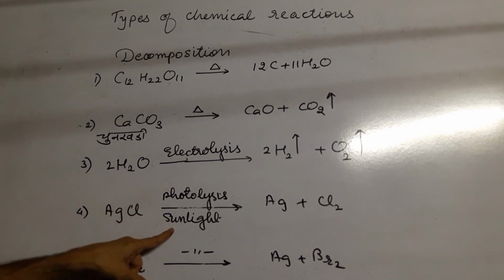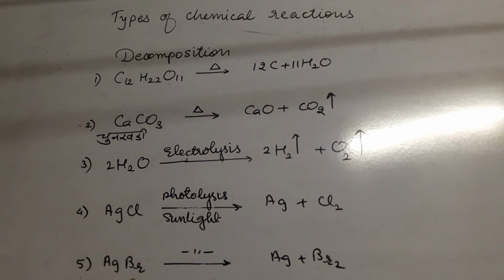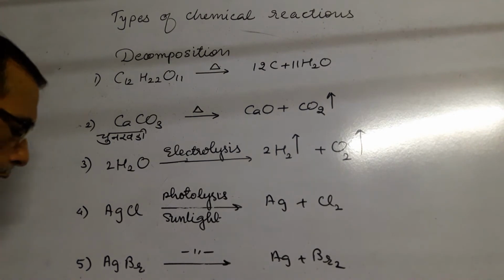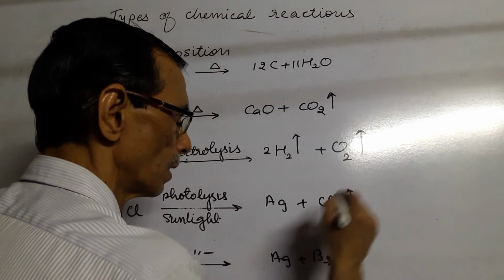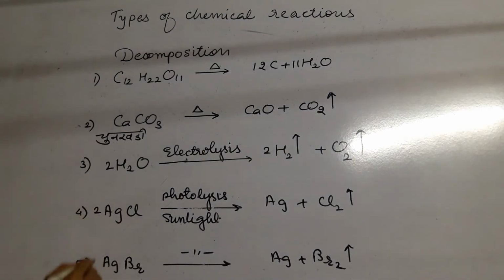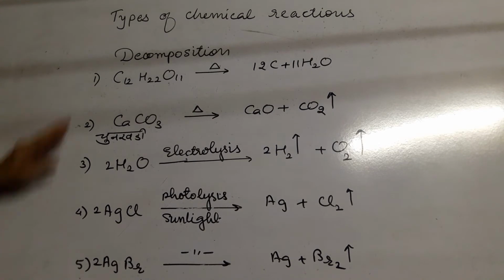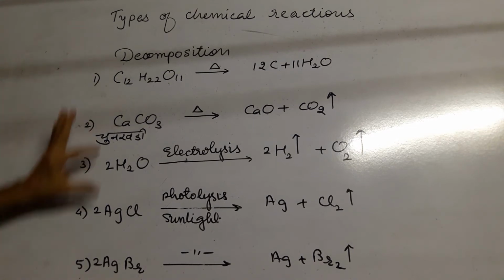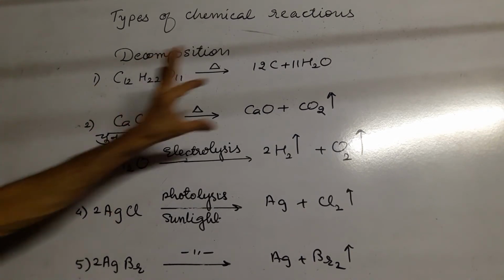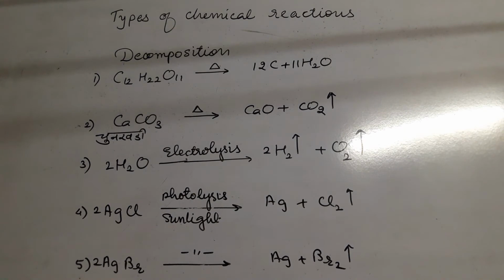So in presence of sunlight, silver chloride and silver bromide both decompose. You get silver and chlorine gas. Here also silver and bromine gas. So let's balance this. Write it 2, here also 2. In this way it is balanced. You find there are many other reactions also, but we have studied only 5 reactions here as decomposition. From one compound you get two compounds. Sometimes 2 or more compounds also you get.